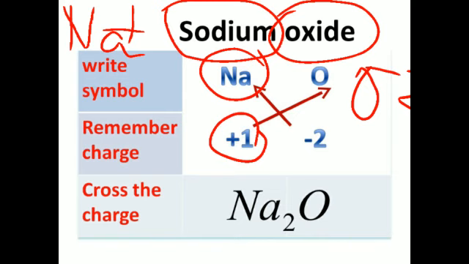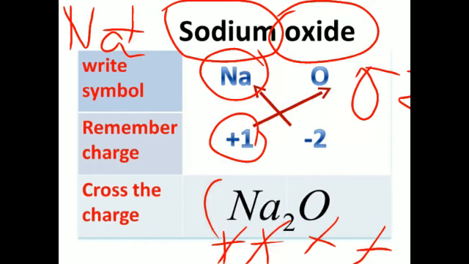While crossing the charges, we have to satisfy the charges. Like 1 sodium puts positive 1 and 2 sodium puts positive 2 and 1 oxygen puts 2 negative. So overall the charge on this compound is 0 or neutral. If you get 0 at the end, means you have written the correct formula.